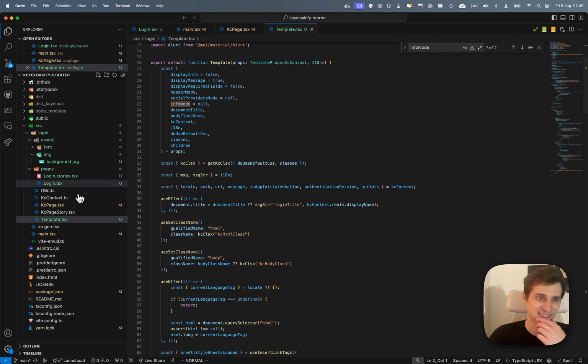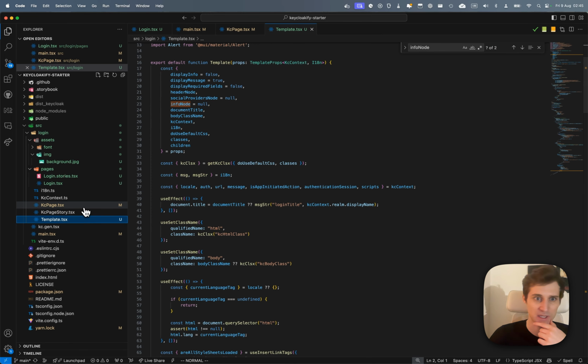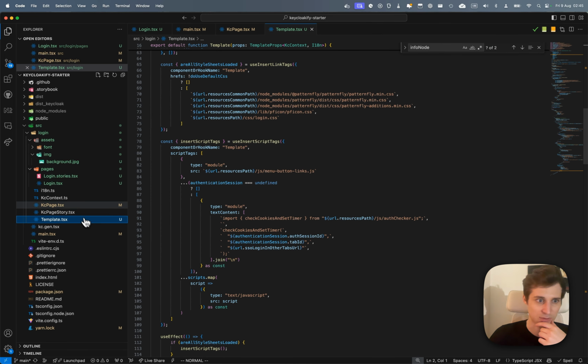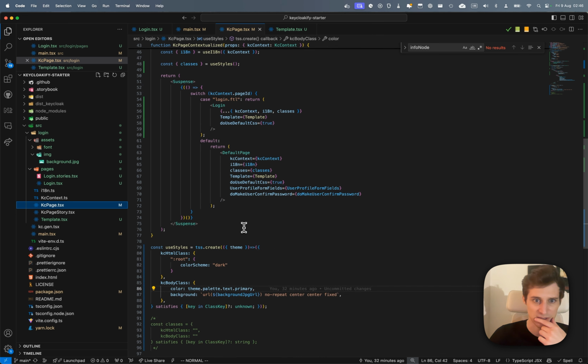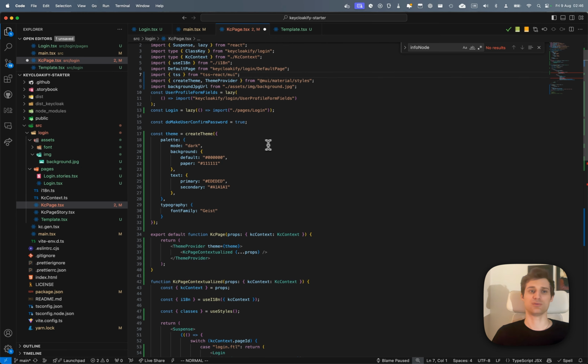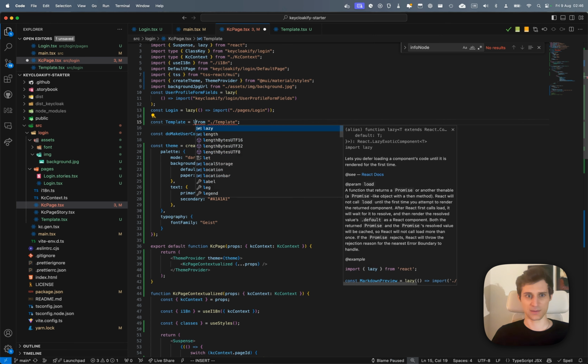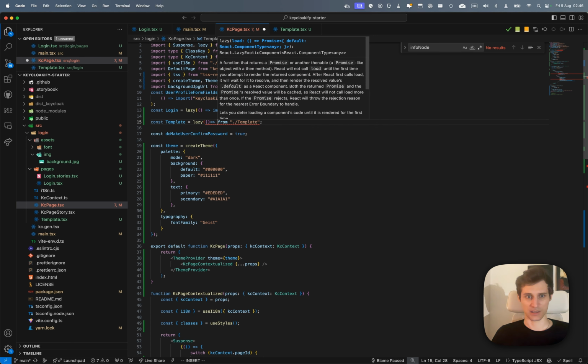And maybe the last thing I'm going to show you is how, here, I get a theme that is half broken, and I don't want it to be in this state. So for example, here I've heavily customized the template, but for the pages that I haven't actively customized, I might want to use the default template. So what I'm going to do is lazily import the template here,